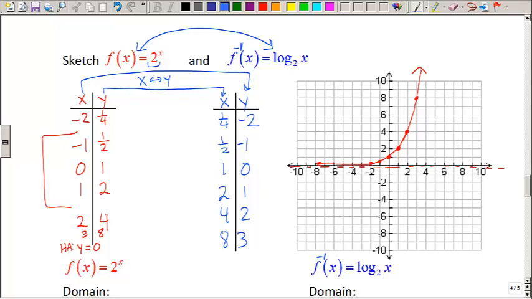So therefore, when I switch around the x and the y, all of my domain are all positive. Let's see how this looks on the graph. If I plot (1/4, -2), (1/2, -1), (1, 0), (2, 1), (4, 2), and (8, 3), I have the sketch of log base 2 of x. When I connect these,